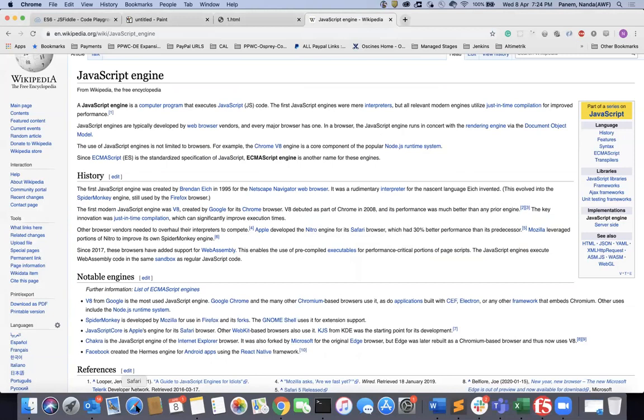And then Mozilla created their own engine called SpiderMonkey. So everyone created their own engines to execute JavaScript in their browsers.